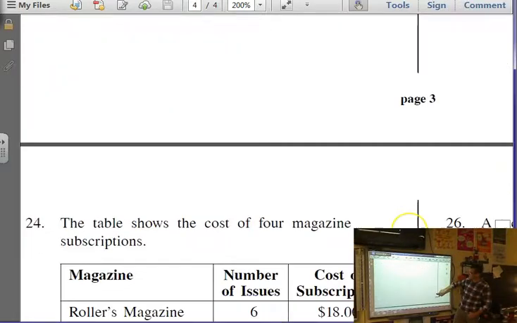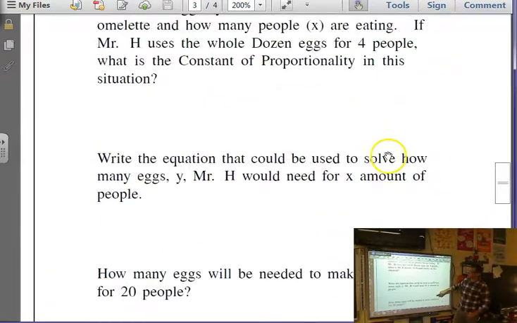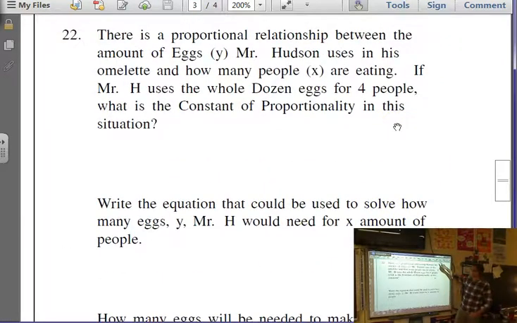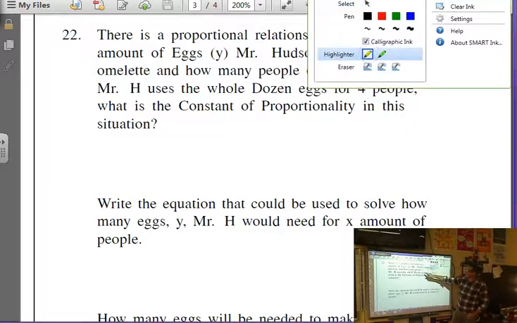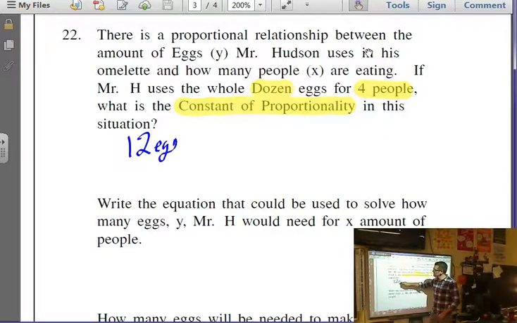Sorry, I lied. This is not our last page. Second to last page. I need to hurry up. So, if we have the number of eggs, a dozen, and the number of people, 4, and we want to figure out the constant of proportionality, well, that's either going to be people per egg, which to me doesn't really make much sense to split an egg among multiple people, or it's going to be eggs per person. So if it's eggs per person, I know that I want to put 12 eggs over my number of people,